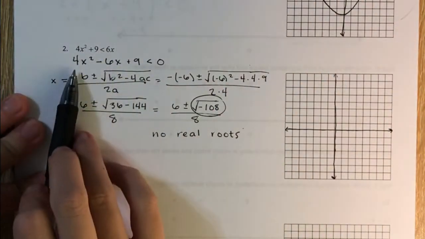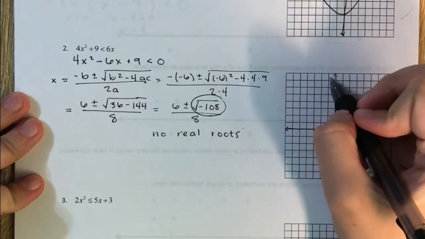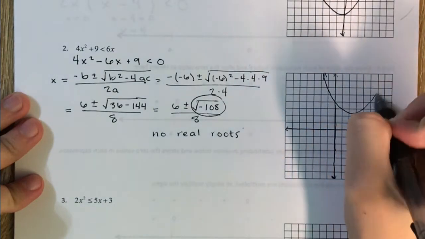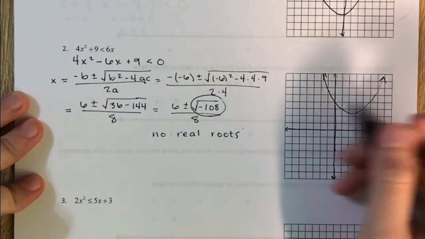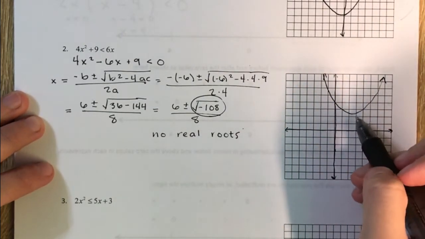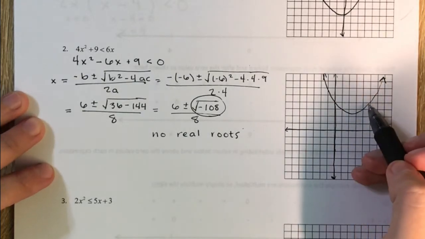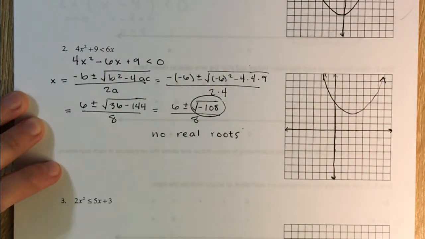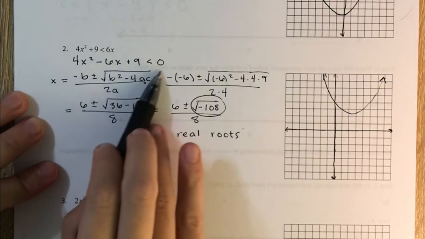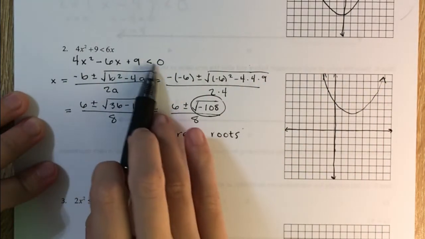Well, we have a leading coefficient of 4, which means we're facing up, which means that my parabola looks something like this. I don't know where the vertex will be. We could find it, but it's not necessary. We know that our entire parabola is above the x-axis. So now that I know that, all I need to figure out is when am